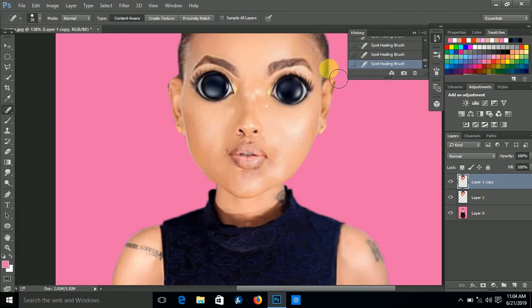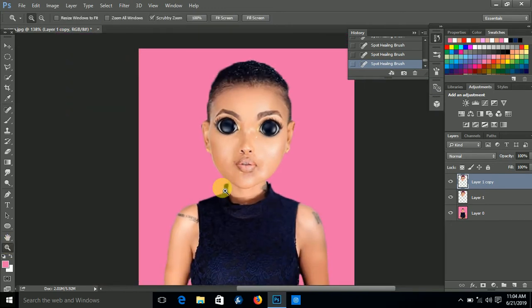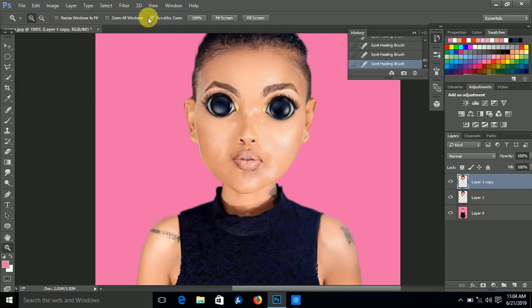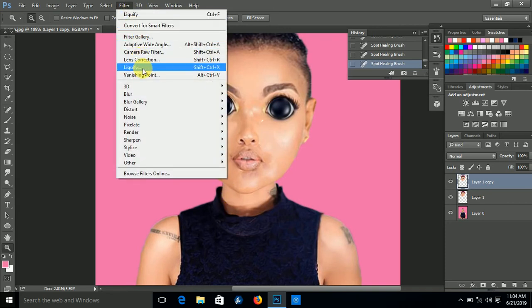Okay, now you can see I'm just not happy with these eyes. I want to reduce them so that they can look so good. So go to the filter again, press liquify